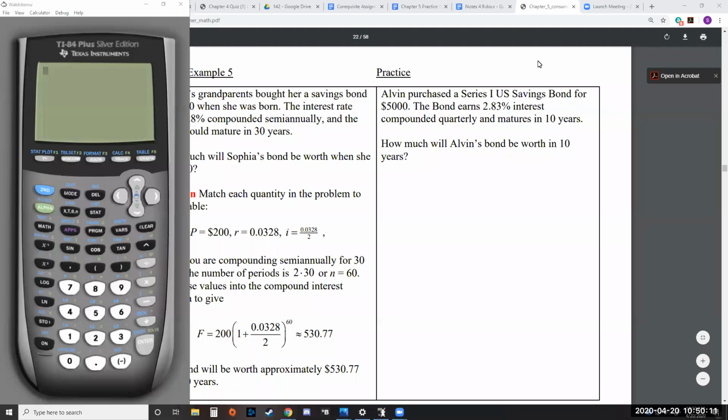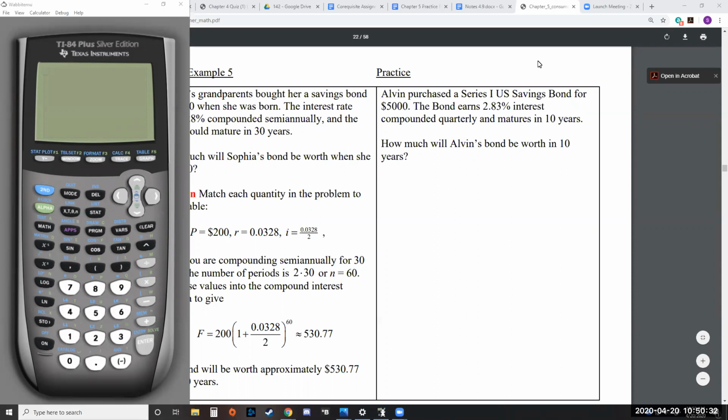Hello everyone, I wanted to make this video to show you how to use the TVM solver on the calculator. This function will be very useful for problems in 5.2 covering compound interest, and then problems in 5.4 covering annuities, and 5.5 covering amortized loans. So I'm going to go through and do a couple examples from each of those types of problems, and I'm